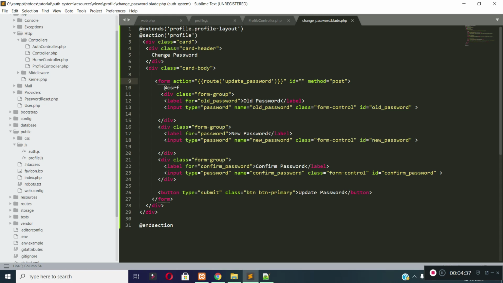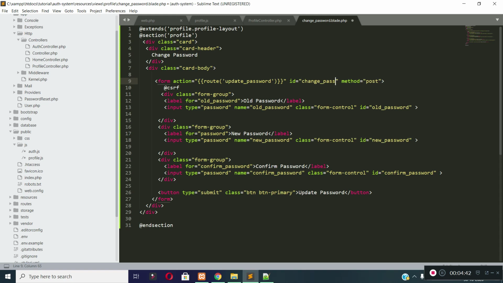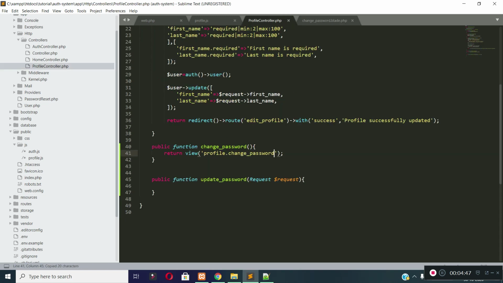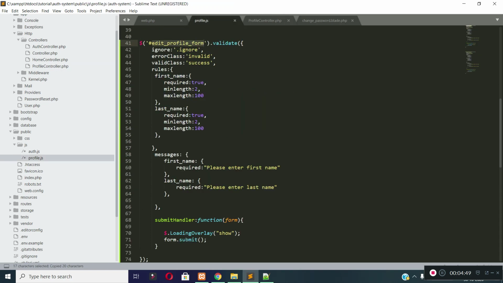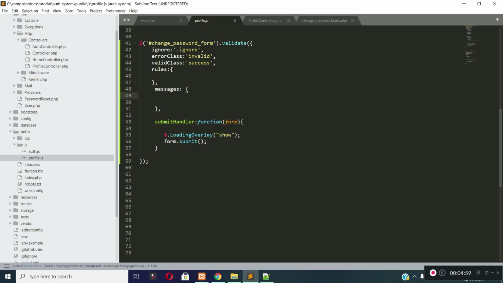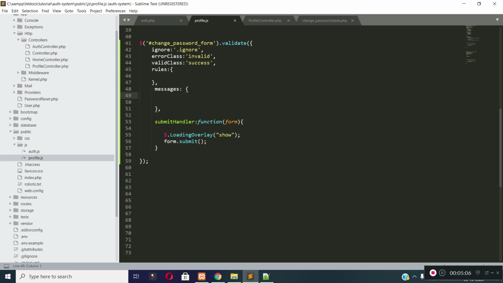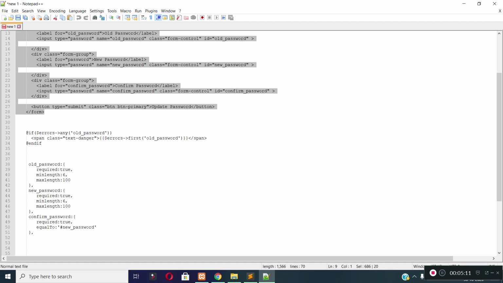I did not give any ID to this form, so let's give an ID to this form, and then provide this ID to these validation rules. Our change password form doesn't have first name and last name fields, so let's remove those from here. We need to add validation rules for our old password, new password and confirm password fields.